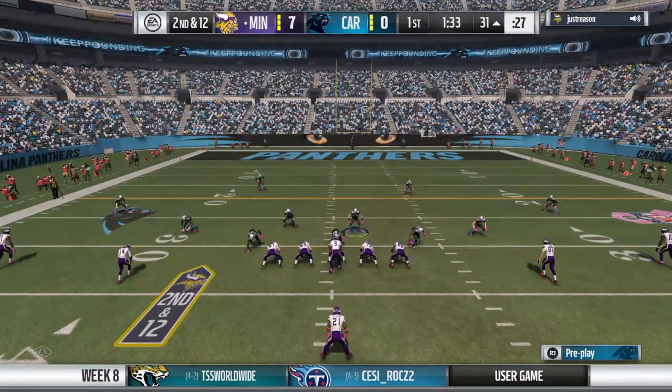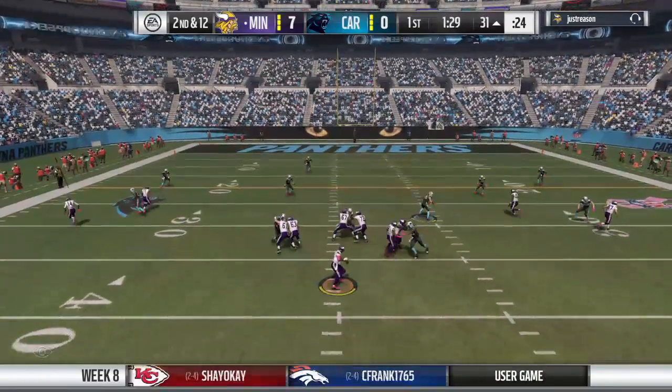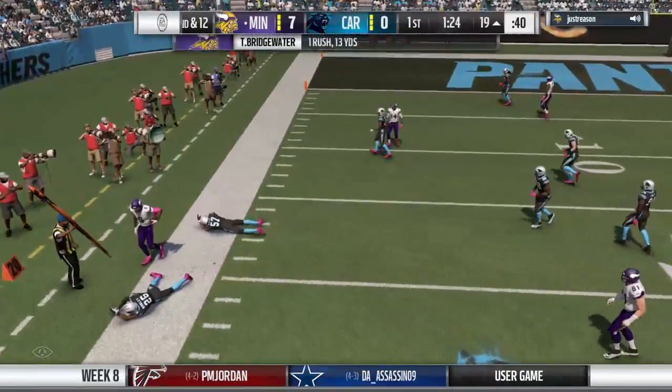They'll put 2 receivers left, 2 to the right. A 2nd down throw for Bridgewater. Dancing to his left. And he's going to